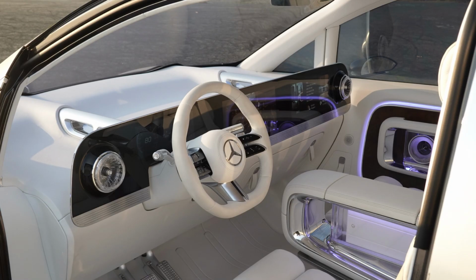And then obviously it's a very nice Mercedes, and a lot of people are going to get this car just because it's a prestige car, and everybody wants this kind of luxury car, which is like your own premium room on wheels. It's going to be amazing for road trips, amazing comfortability, and people who are on the road a lot will probably want to buy something like this rather than something more uncomfortable and